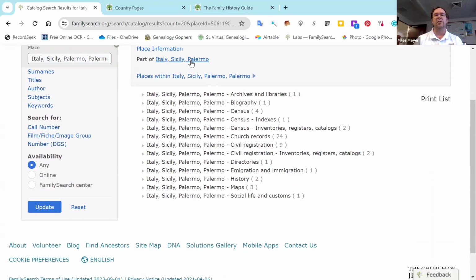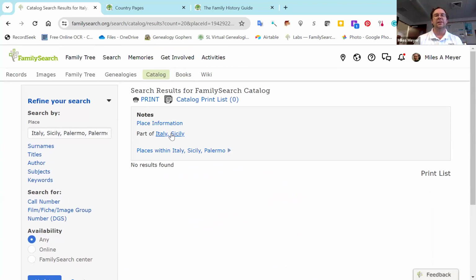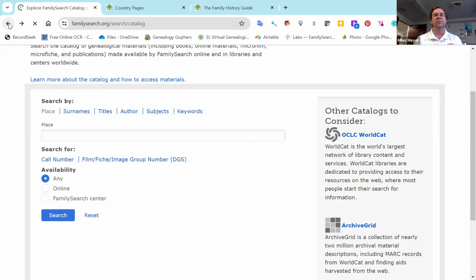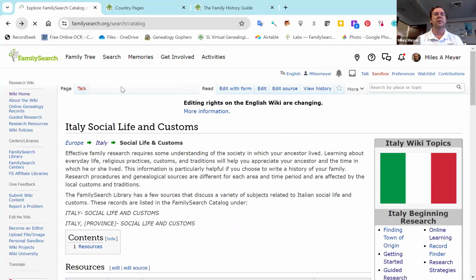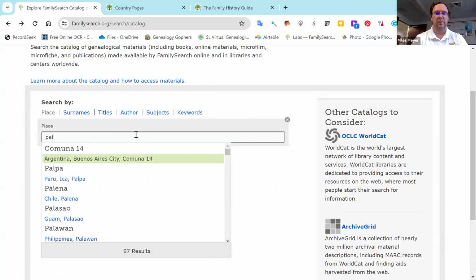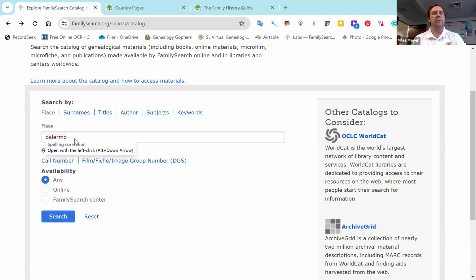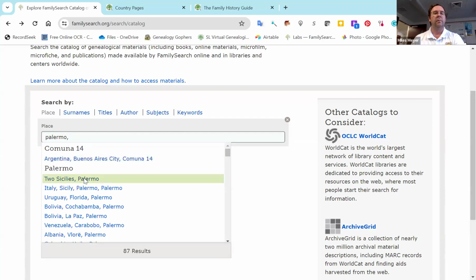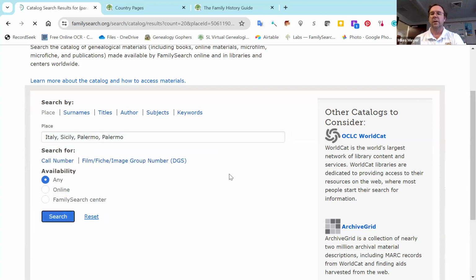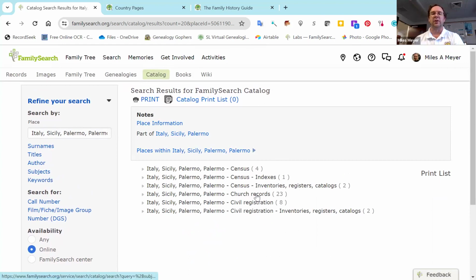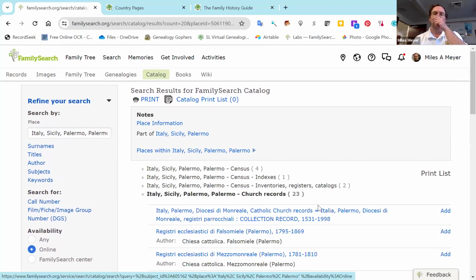We can go up to the next level. And it says that there are no records found. Let's see Sicily. So there's some more records found there. Now notice I've got it for any. So these are the ones that'll show up. There's 24 sets of church records. But if I just go to online and hit update, there's 23 sets of church records, and there's fewer records this direction. So we can take a look,